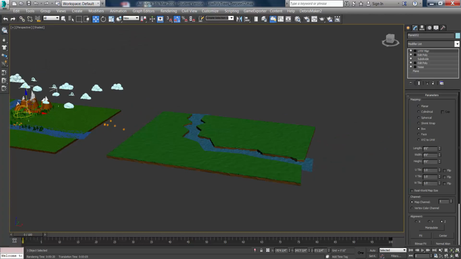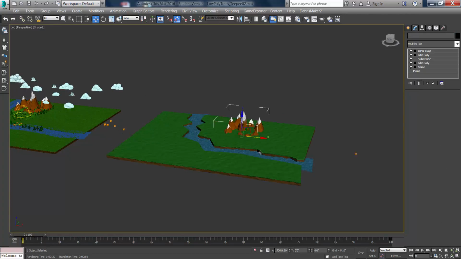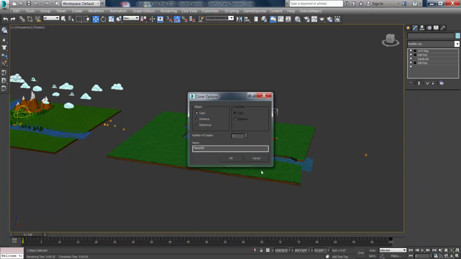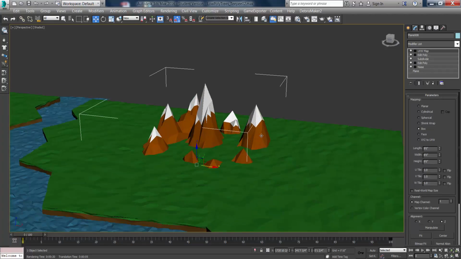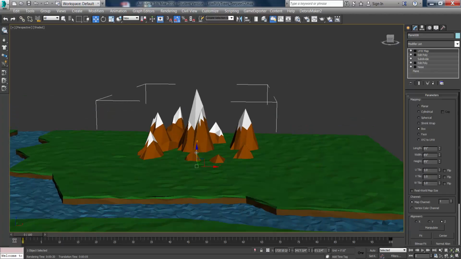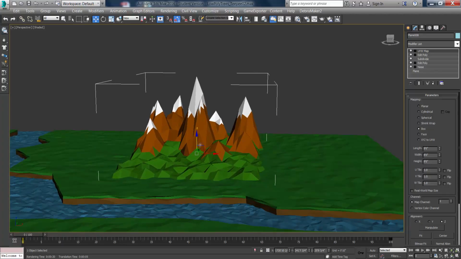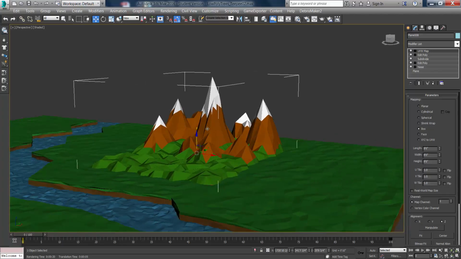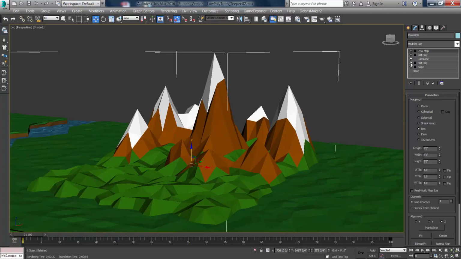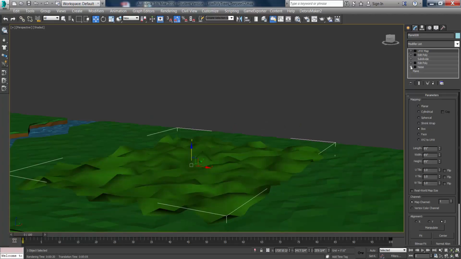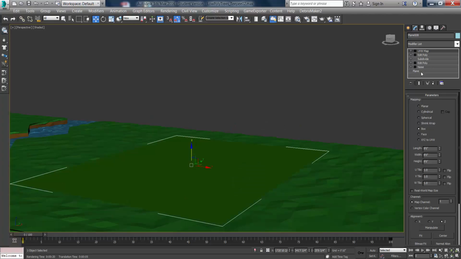Okay, so for these mountains back here, I'm just going to grab this and copy it over, and I'll just show you how this was created. So you'll see there's a bunch of things in the modifier stack here. You can create these any way you want. This is basically a plane, and now that we've gone through some of these techniques, you could probably figure this out on your own, but I'm going to just turn off each modifier so you can see what's happening here, and I'll explain it. So we've started with a plane,